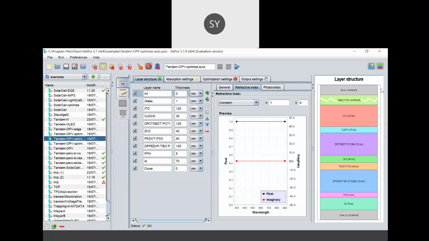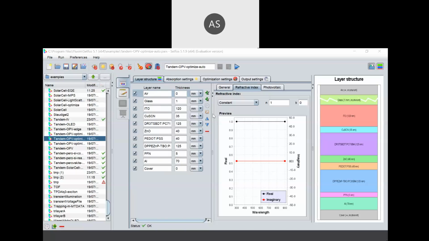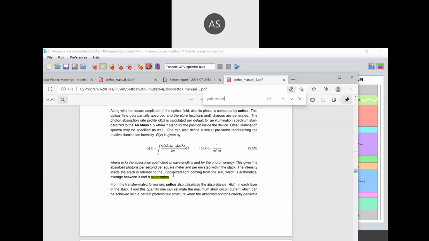Polarization is there and it is possible, but whether complete functionality is there or not, I need to discuss. Here in the manual, polarization is possible with different angles, so you can define its functionality, like S polarized, P polarized.